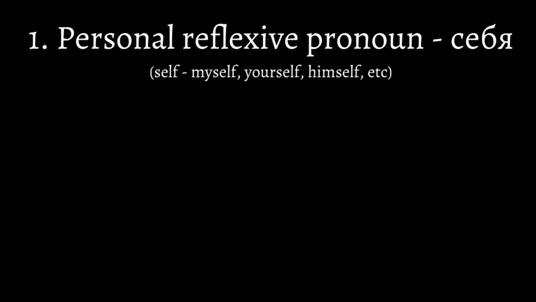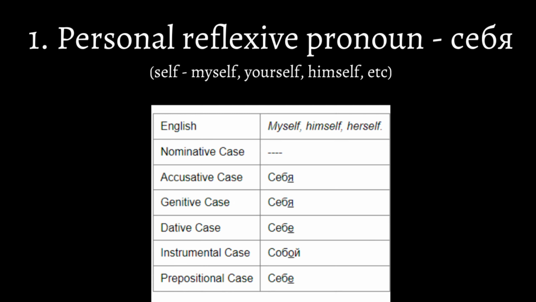This pronoun means self, as in myself, yourself, himself, and it's used when the pronoun is the same person or thing as the subject. This pronoun is affected by the 6 Russian cases, but has no gender or plurality, and its modifications are mainly borrowed and similar, so it's very simple to remember this pronoun.